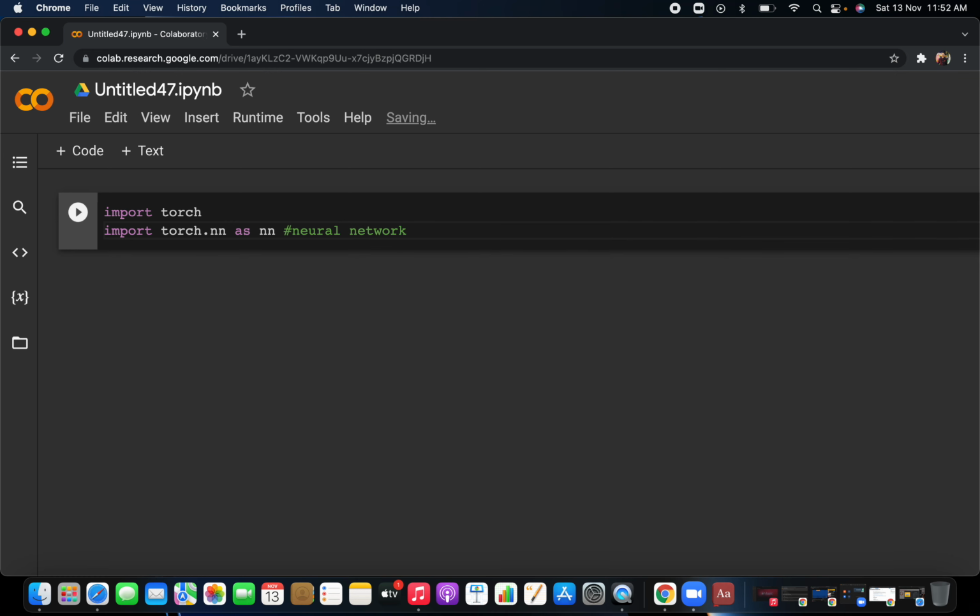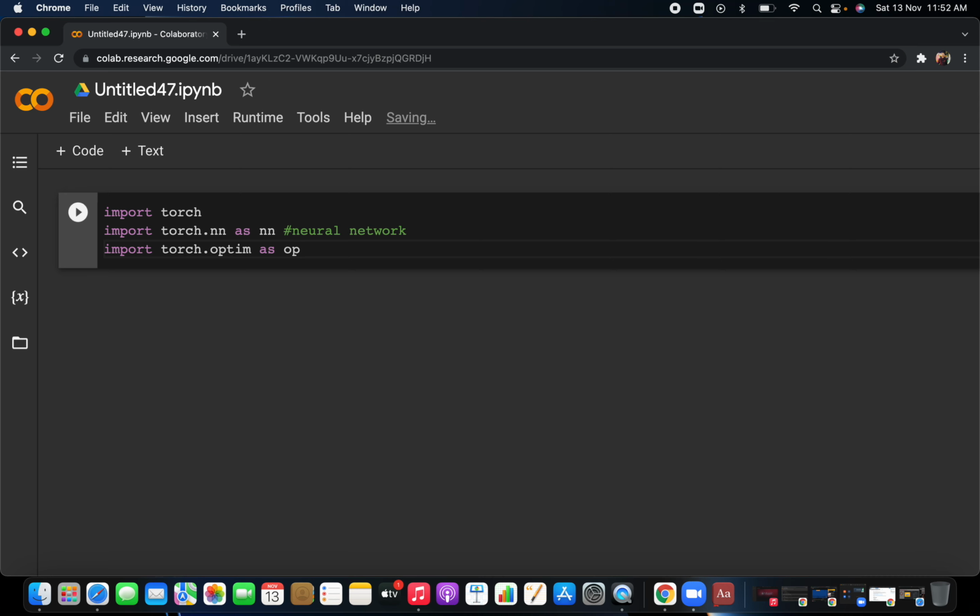Then you also have to import the optimizer: import torch.optim as optim. From here you can directly import, for example, stochastic gradient descent or the Adam optimizer.